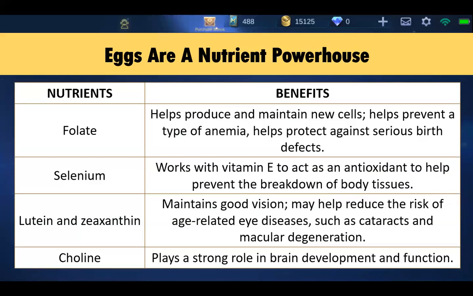A single large egg provides 6.5 grams of protein, or about 13% of the recommended daily intake for adults, as well as 80 calories and a good amount of iron, phosphorus, thiamine, and vitamins like A, D, E, and K. The disadvantage of the egg as a staple diet is their high cholesterol content. It is important to recognize that there has been considerable information that the hen's diet can impact the composition of